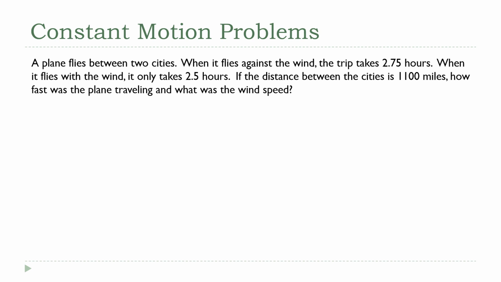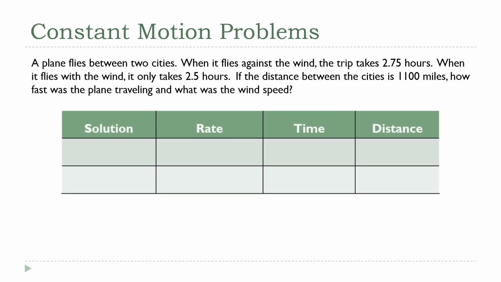Now, the way I like to approach a lot of these kinds of problems is to organize the information into a table. My table is going to have four columns. The first one is just for this scenario. That's going to be with the wind, one of my situations, and against the wind. And the other three columns come from the formula: rate, time, and distance. And the way I always set these up is in such a way that I can multiply across the rows. Rate times time equals distance. Okay, so now let's go to the question,